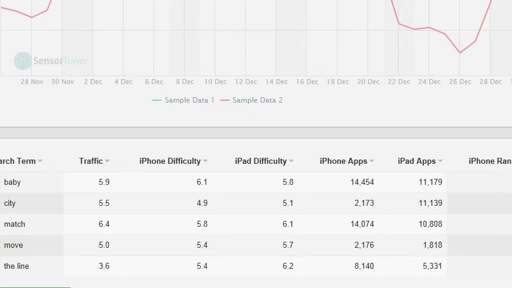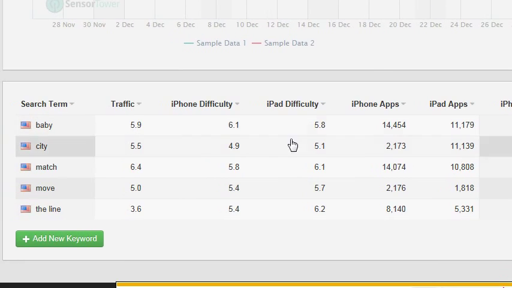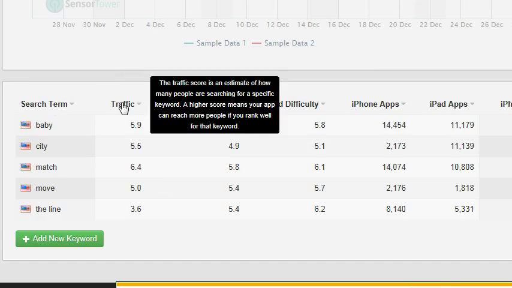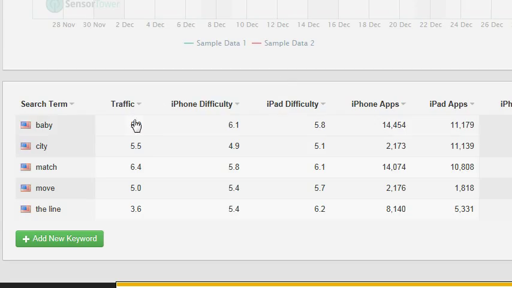Let me move it down right here. Down here now you can see the search term, which is a keyword. You can see the amount of traffic it has, and it's amazing. Sensor Tower tells you exactly what traffic is. The traffic score is an estimate of how many people are searching for a specific keyword. A higher score means your app can reach more people if you rank well for that keyword. So you can see these are the search terms, and this is how much traffic each search term gets. However,